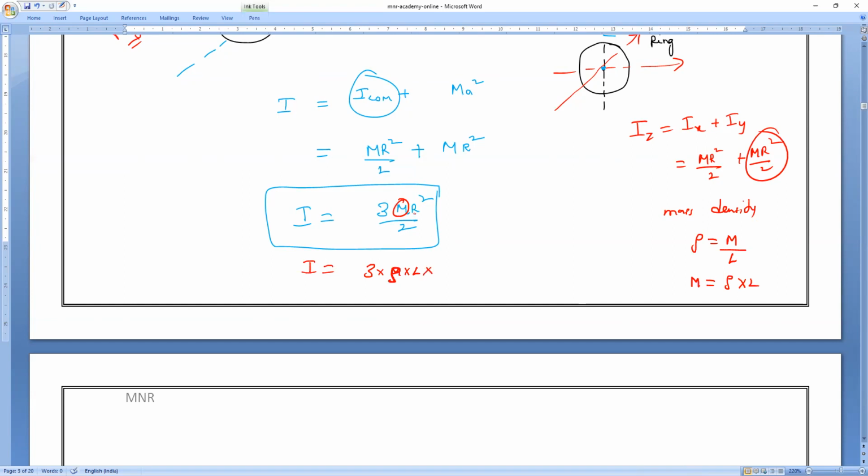Next into the R value. How do we find R? If it is a ring, the total length L equals the circumference, 2 pi R. Because it is a circle, R equals L by 2 pi. So I will replace R here with L by 2 pi, whole squared, divided by